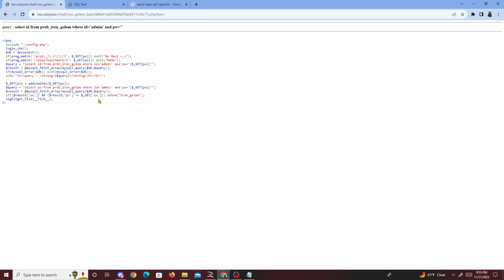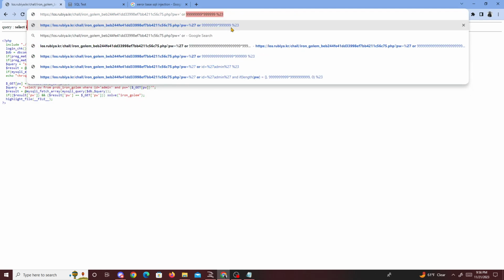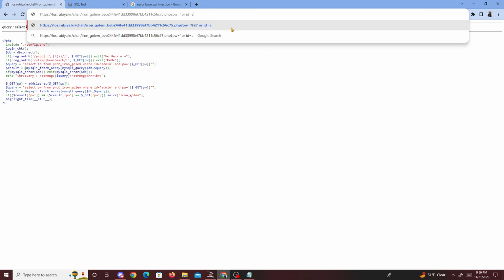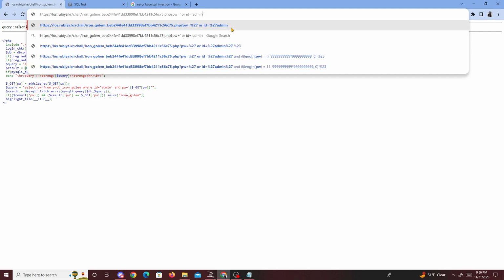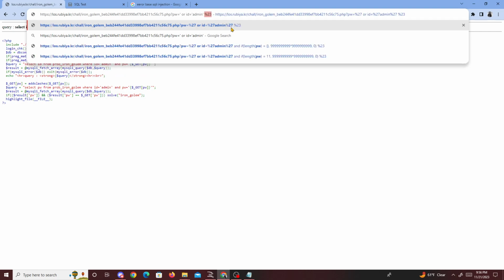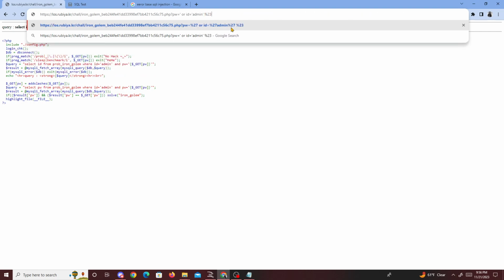So it's going to be very similar to what we did, where we first have to guess the size of the password, and then after that we brute force our way through it. So very similar to what we've done in the past, but it comes with a twist. If I try commenting this out and do or ID is equal to admin, and then after that write a comment, %23,